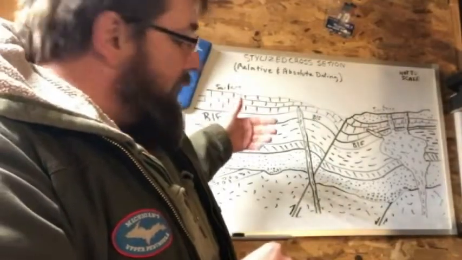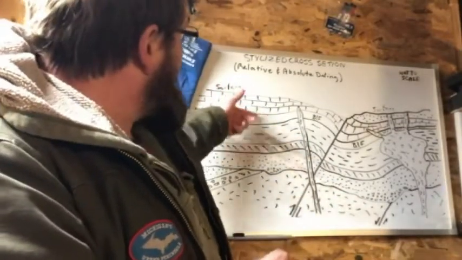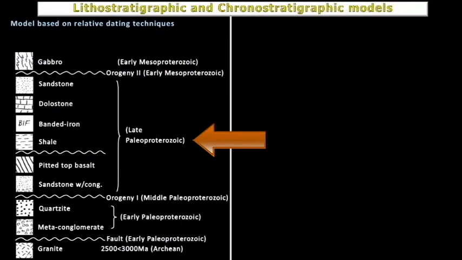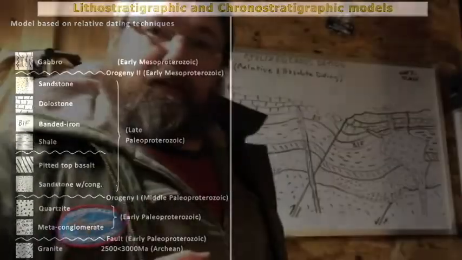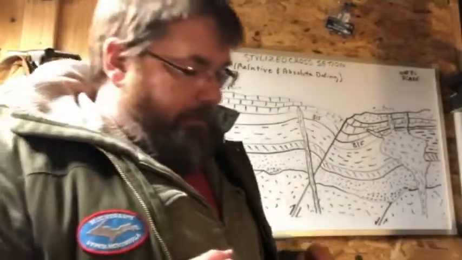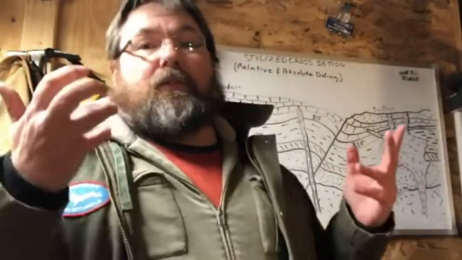So based off everything else we know, the shale, the banded iron formation, the dolostone, and the sandstone, we are going to lump in with the late Paleoproterozoic as well, because, say, we're pulling from other literature that the general consensus is that this whole package is late Paleoproterozoic outside of our map area. Now we have our last unconformity, which is by the gabbros, and we are assuming the gabbros are the same lithological unit injected at the same time from the same magma source, so they go on top. And we are assuming they are early Mesoproterozoic. We don't know that, but we are just going to say they are because that's the period right after the